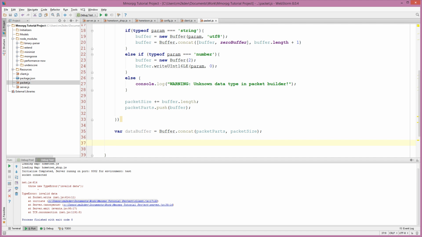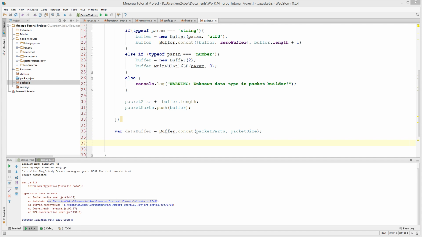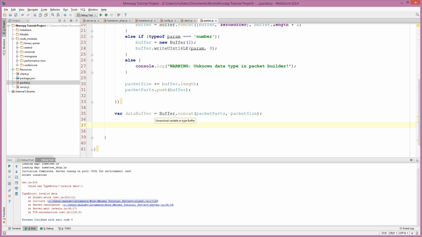Now, the way we're going to deal with data in our client is to start all of the data packets off with the size of the packet. So our data format will be something like this: size, then it will be data. And then it doesn't matter if